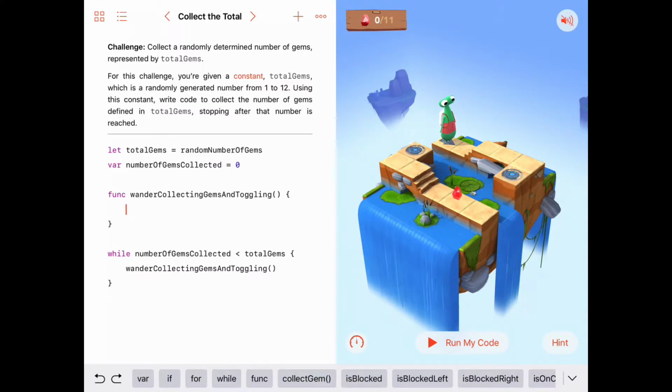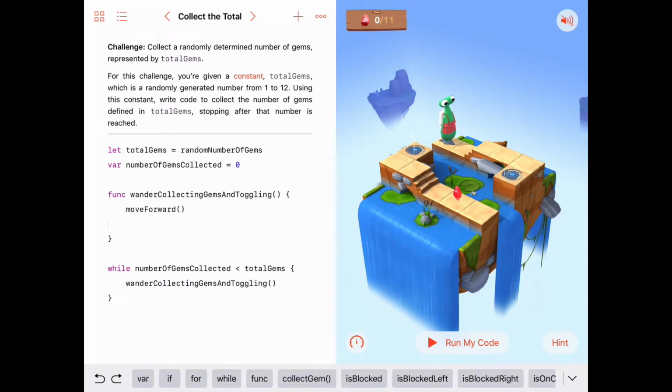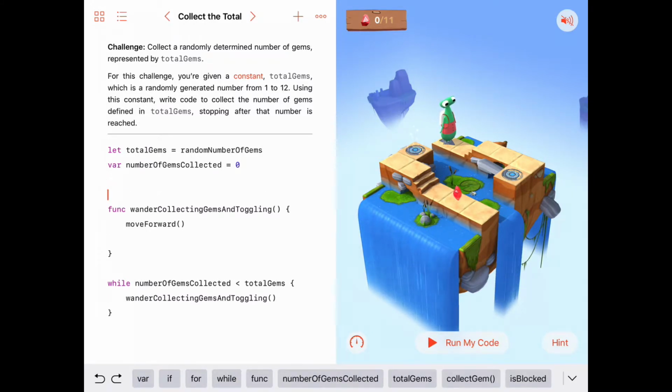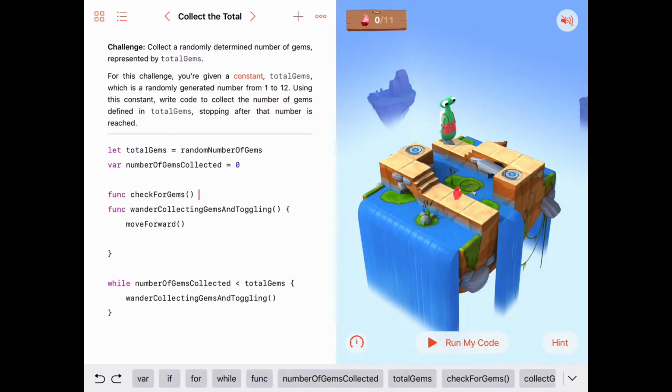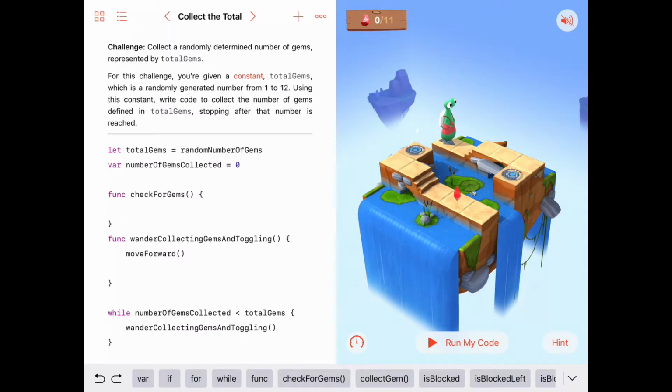Okay, so I think I'm going to try to write this a little bit differently this time. I'm going to put the move forward at the beginning just to see if we can do that. So I'm going to move forward, all right, because I don't think any gems pop up on this very starting point right here. So I'm going to move forward, and then after we do that, let's go ahead and check if we have any gems. And last time we just wrote the code right in here, but I'm going to maybe put that in a function. So func check for gems,